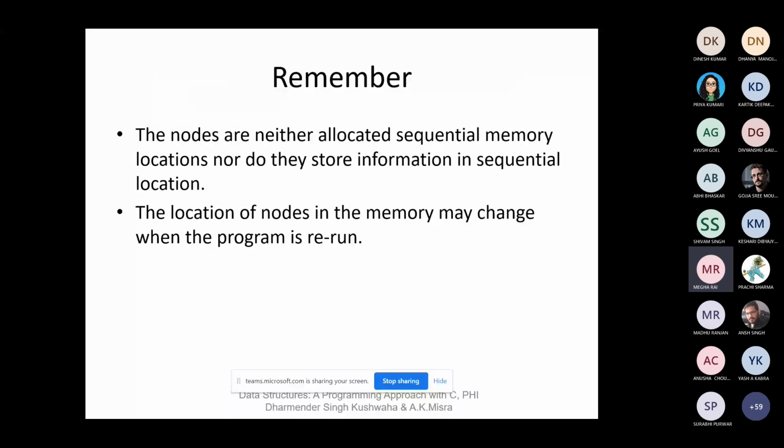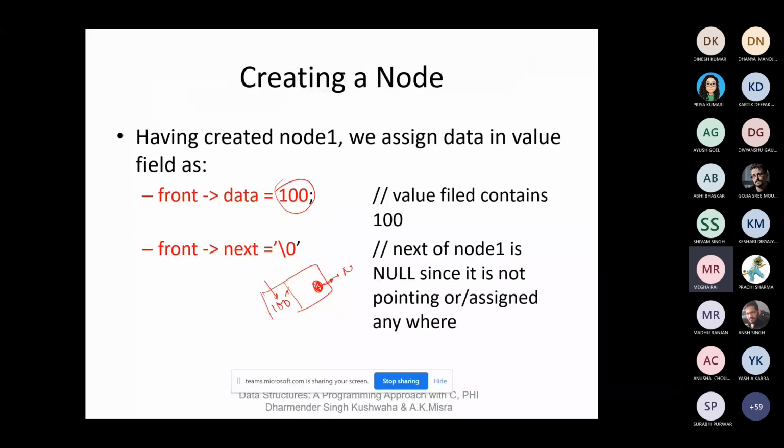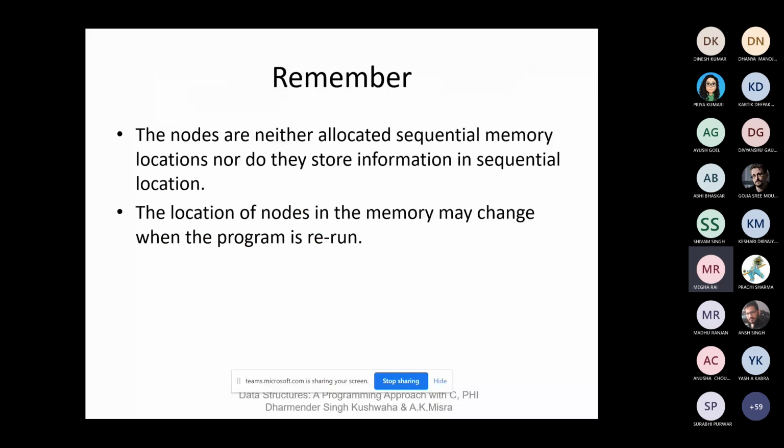So, like I have already told you, in memory the nodes are stored at different locations. One node contains the value 100 and is stored at the address 150. Now in memory, a second node has the value 200 and is stored at maybe address 900, or some other address.